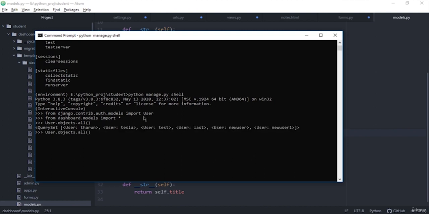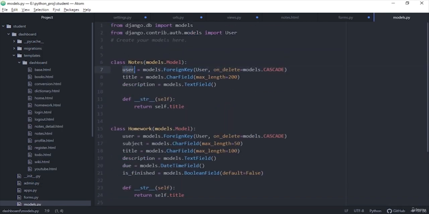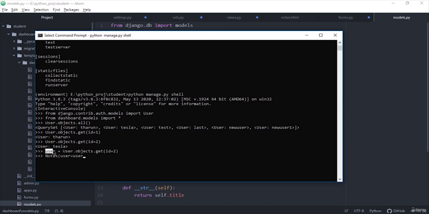Okay, so if I want to actually filter by one user, I can say get id equal to 1. So this just gives me this user. What I'm saying is, this is the user object, right? So I'm just going to save it in this user. Now I'm going to create a notes object: notes of user equal to this user. It's because this user is the required argument, right? And I'm passing it to be this user I just stored,